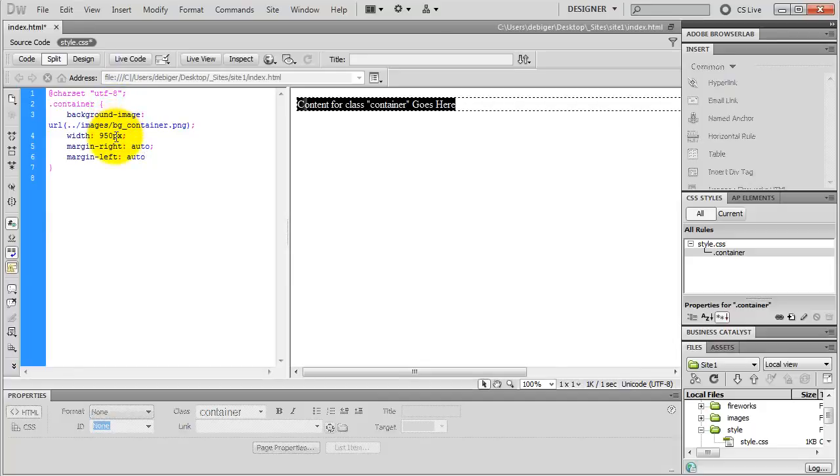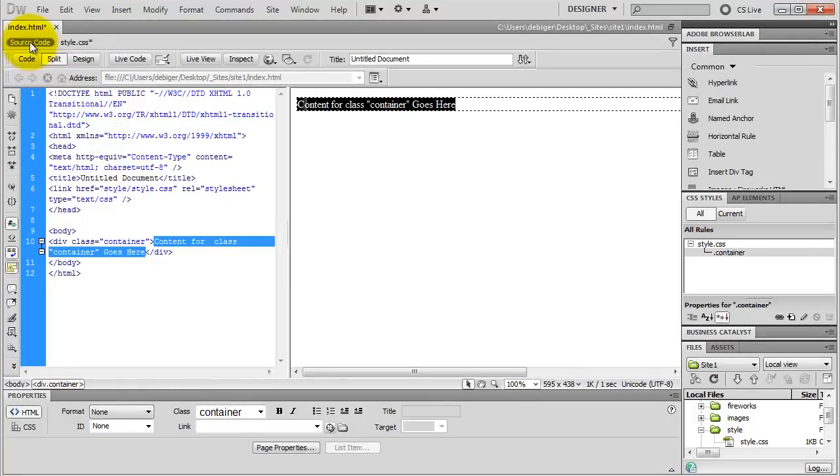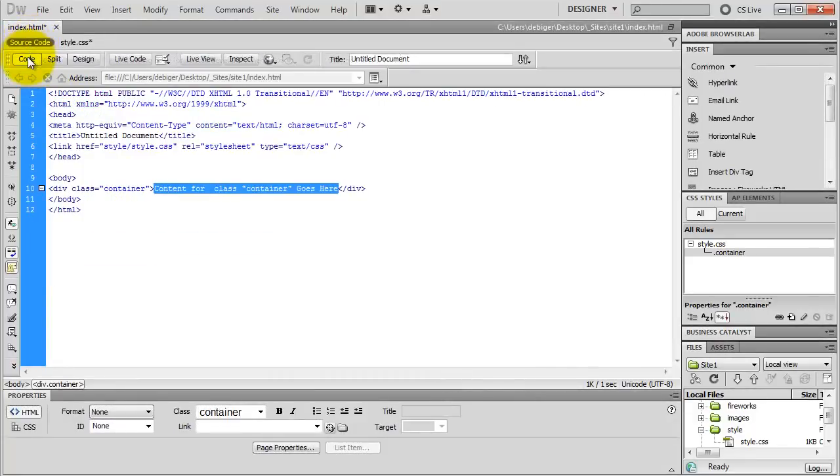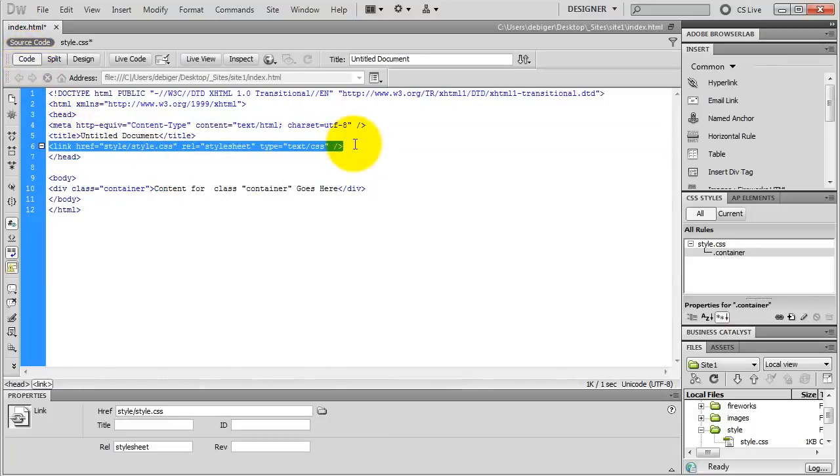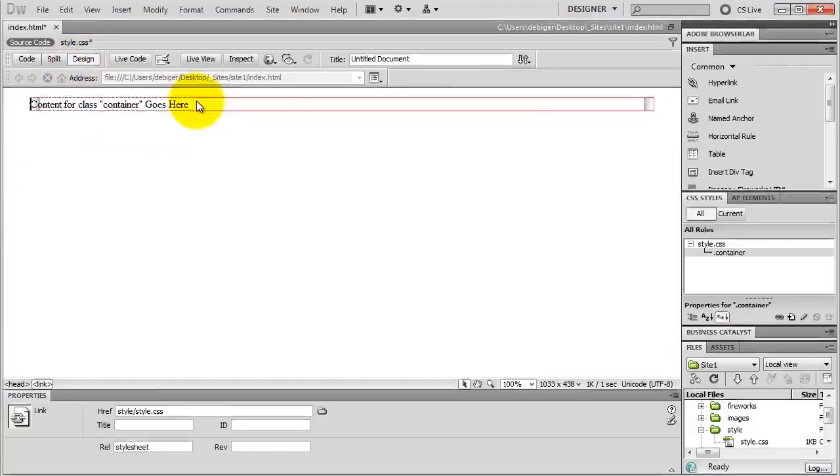Okay, I go to the source code of my index page. I switch to code view. And here is the link inside of my head tags, linking to my CSS file. That's how the browser is going to find it, because there's the actual path to my CSS file, which is relative to my document. Okay, I go back to design view, delete my text,